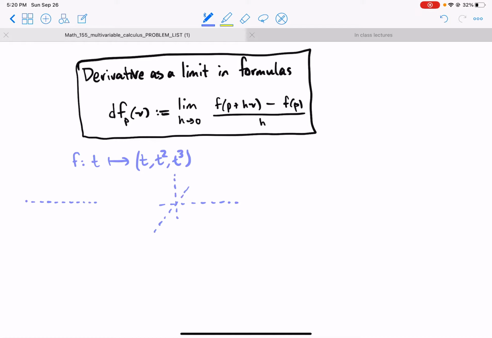So I'll draw it a little bit. I remember this map, for example, takes the point 0 to the point f of 0, which is (0, 0, 0). It takes the point 1 and sends it to f of 1, which is (1, 1, 1). Maybe there. And then it takes the point, for example, 2, and it sends it to f of 2,